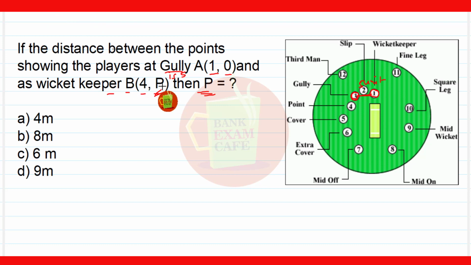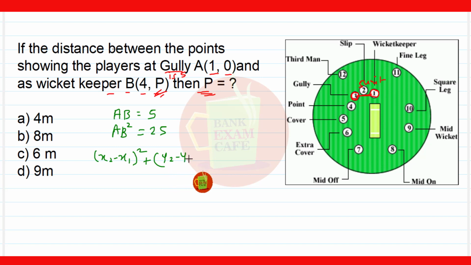So here how do we find the distance? So we take AB. This AB distance is given as 5 units. So AB is equal to 5. So we will take the square of both the sides. So AB square will be equal to 25. Now how do we find AB? AB is square root of (x2 minus x1) whole square plus (y2 minus y1) whole square, and since we have taken the square, the square root will not be there, so (x2 minus x1) square plus (y2 minus y1) square will be equal to 25.